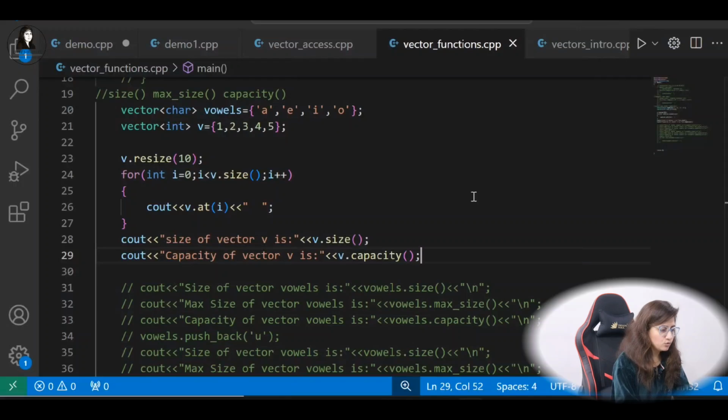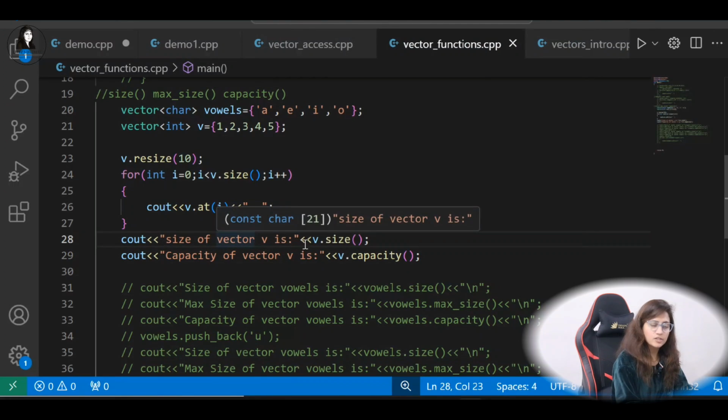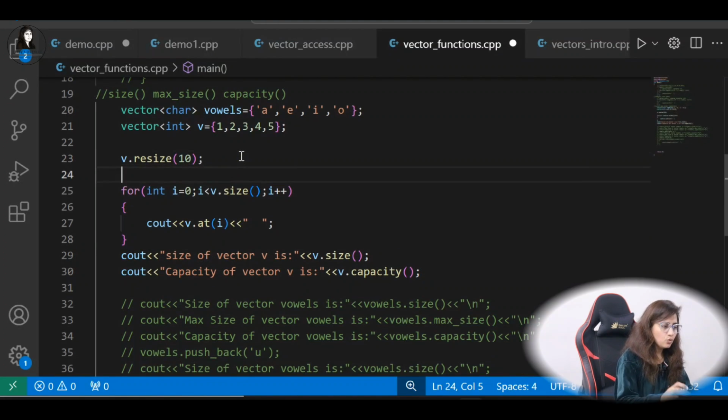Okay, let's see how to use empty and reserve. See, the capacity was 10 and after resize, size was also 10. But if you want to reserve the capacity to 100, what we can do is, like, I know I'll be inserting 100 elements